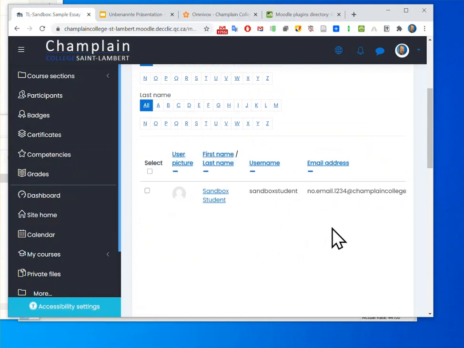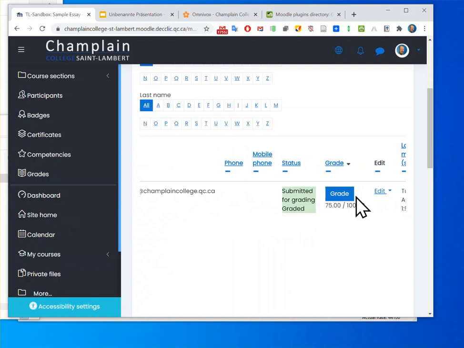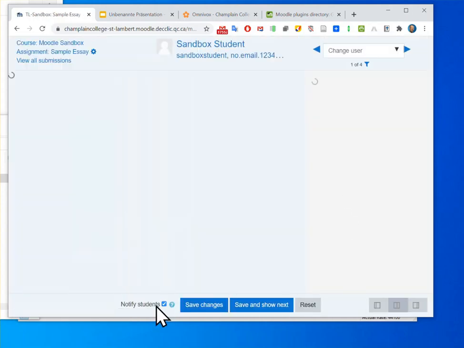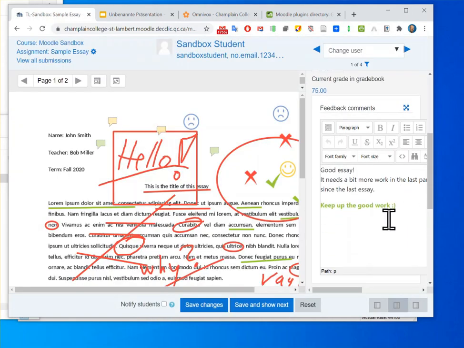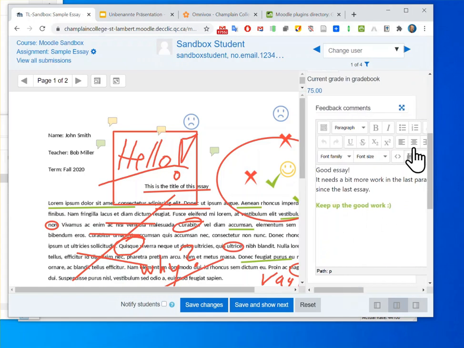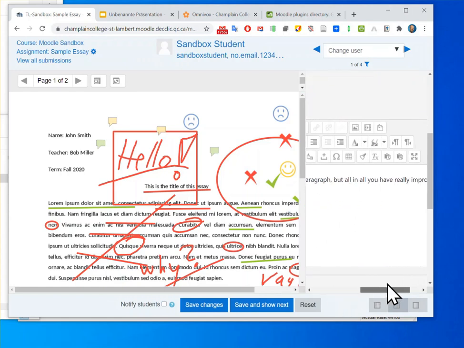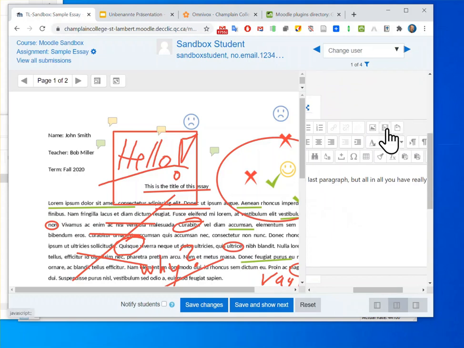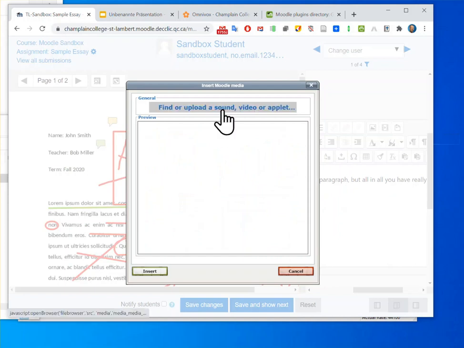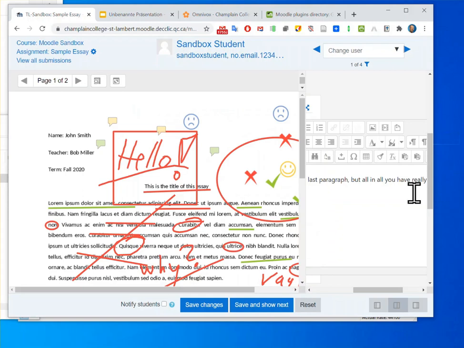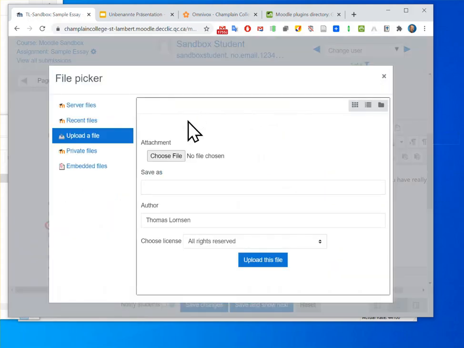Let me show you another way of doing it. Again, I'm going to go in here and I can also, in here, I have my feedback comments. I can also drop a file in here. So I have insert Moodle media, and then I can go insert, I can go here, and then I can upload a file,